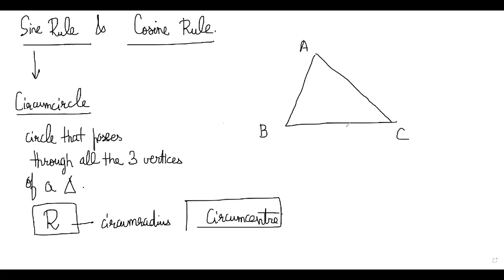So BC side, if I make a perpendicular bisector, bisector means it has to pass from the midpoint. So let's make a line like this, which is perpendicular and passing from the midpoint. And here also midpoint and make a perpendicular. And also the third one, it will be found that all three will intersect at one point, and this point is your circumcenter.